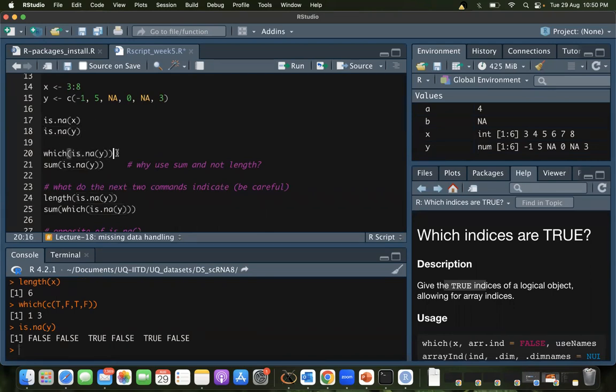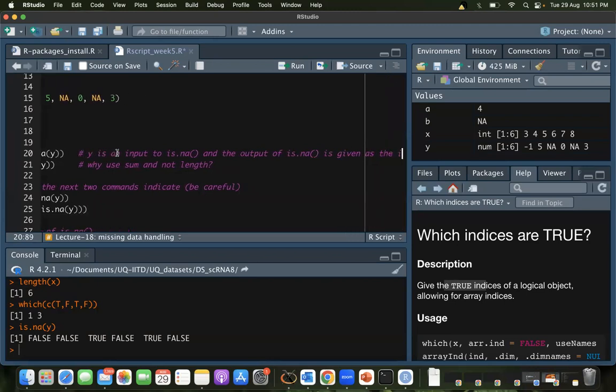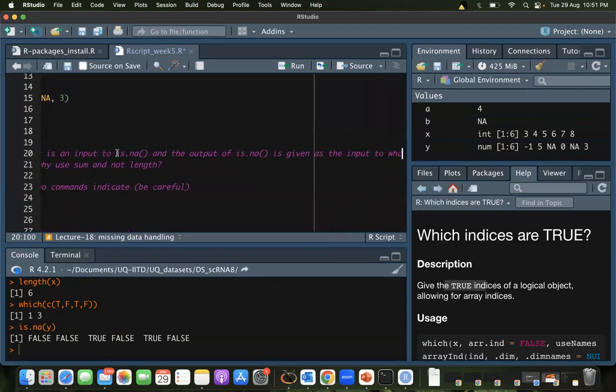So now how do you interpret this line actually? That y is an input to is.na, right? And the output of is.na is given as the input to which.